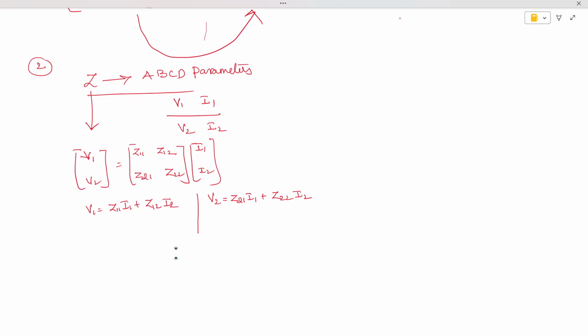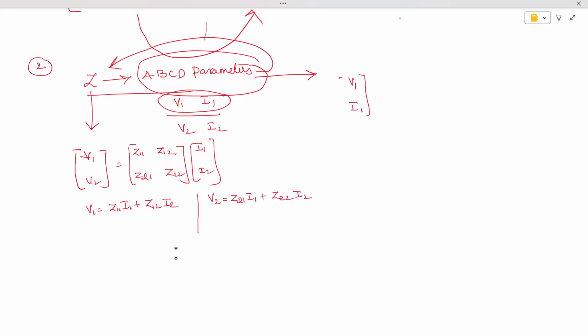Okay, but we require z in terms of ABCD, so from ABCD we have to express z. First write down the ABCD parameters. So what are the ABCD parameters? They are nothing but V1, I1, the input voltage and input current, equal to the matrix A, B, C, D